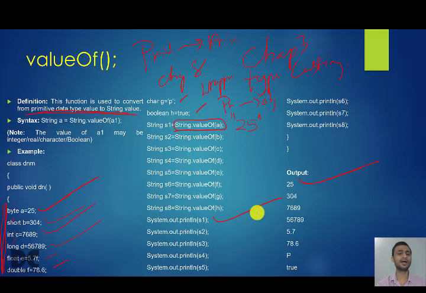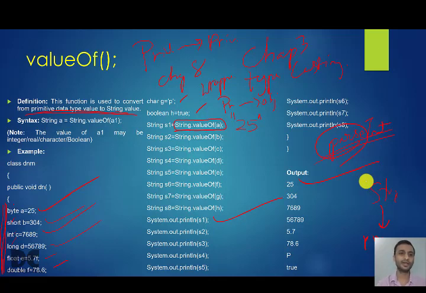Also in board exam they may ask you how to convert a string value to integer type, for example. Then comes the buffered reader, that is parse. You studied about parseInt, parseDouble, parseFloat. If you use parseInt, you can convert a string to integer. If you use parseByte, you will convert a string to byte. If you use parseDouble, you will convert a string to double. So from string to primitive data types, you have to use this parse function, which we studied in the buffered reader chapter.